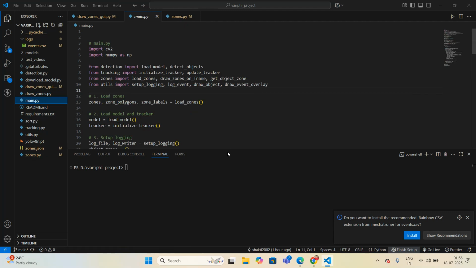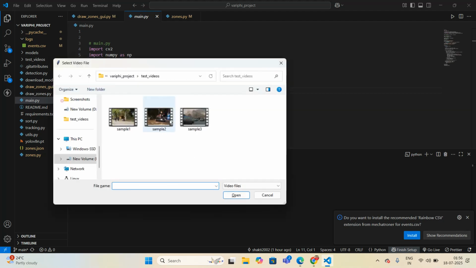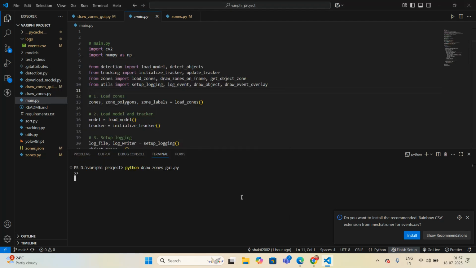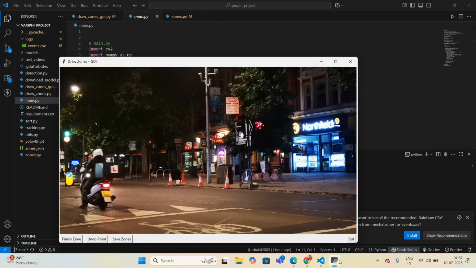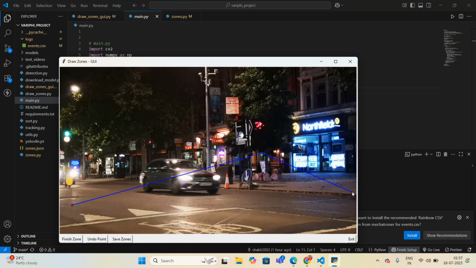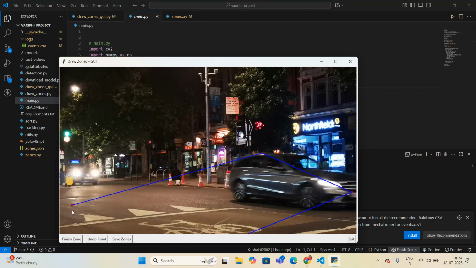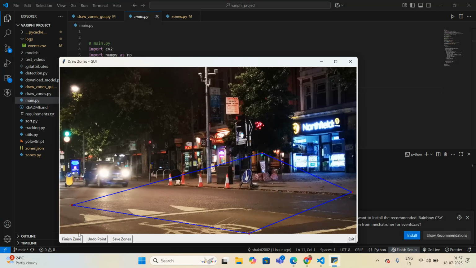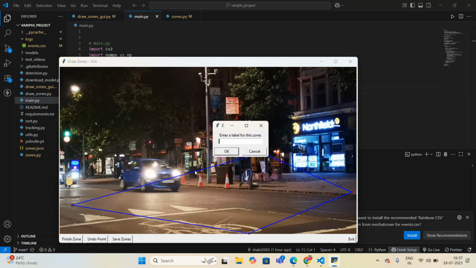Let's start with it. In the terminal, let's start defining the intrusion zones. Firstly, I am creating the zone by choosing a particular video. As you can see, it is coming here, and I am drawing a zone. So here it is done, and I have finished it.